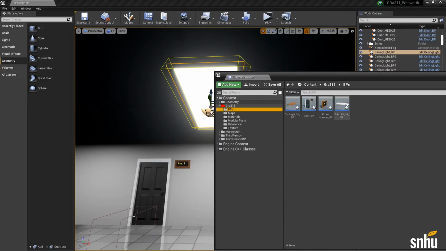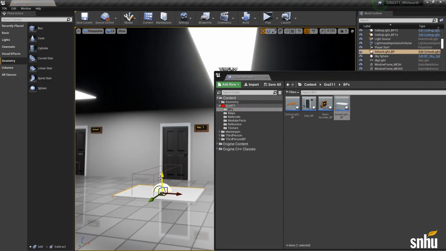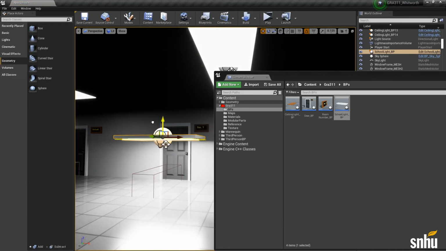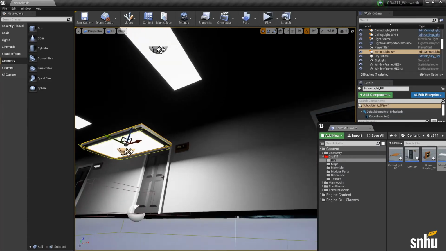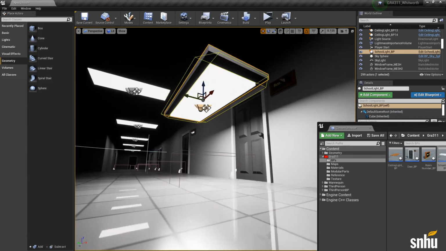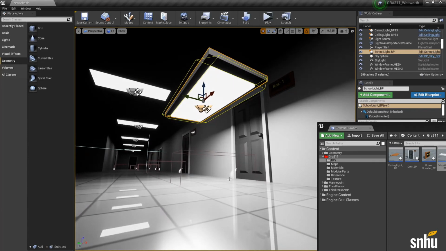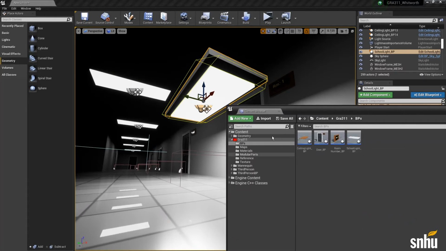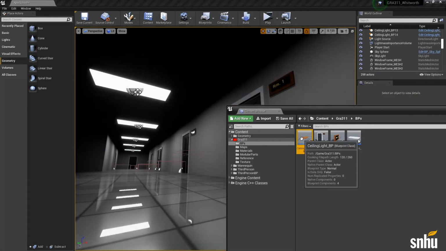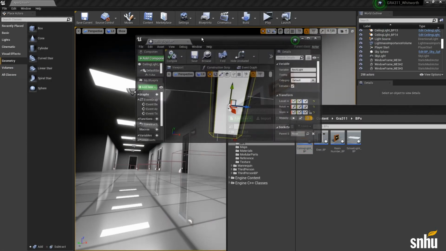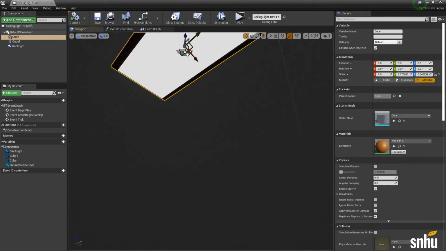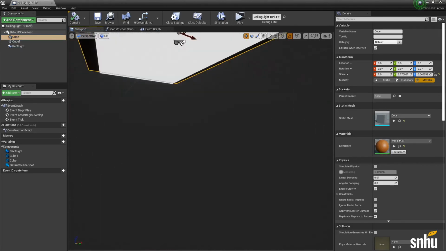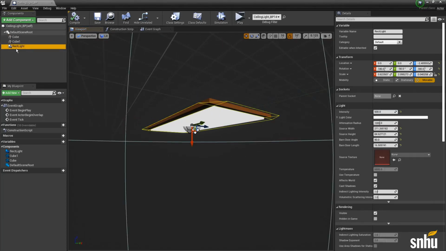But let's go into BPs. I'm going to grab my spool light, move it up, and you can see that we are now emitting light, but we also have an emissive material to show that there's a light there, right? It's very important for all of your lights to have some sort of source behind them, okay? So now that we have this blueprint, I'm going to go ahead and edit my original because I already have it placed. But it's the same exact thing as what we just built. The only difference is I have a brown material on the other cube. So what we want to do is grab this rect light here.